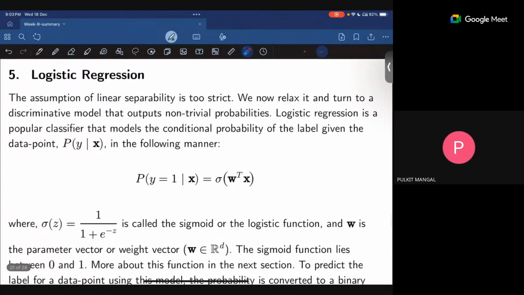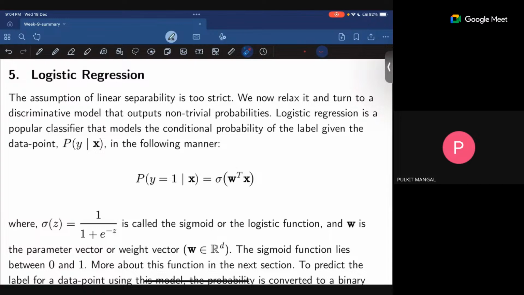So next thing is logistic regression. In perceptron, we are going with a very strict assumption of linear separability, and because of that, it is very strict. We can turn this into a little bit soft and introduce probability in our model. So logistic regression is one such model, which will use the account of conditional probability. That is, given the data points, the probability of y equal to 1 is the sigmoid function value of W transpose